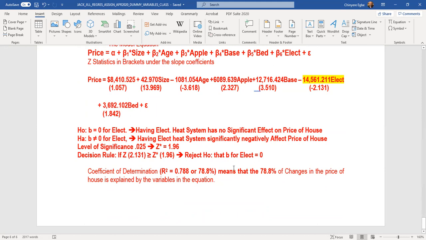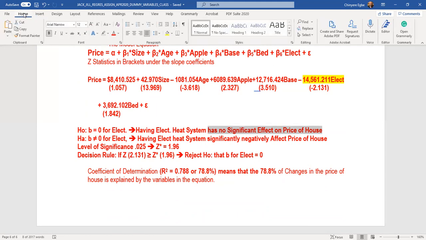You reject the null hypothesis that what? That having electric heat system has no significant effect on price of house. Precisely. You are rejecting the null hypothesis that having an electrical heat system has no significant effect on price,